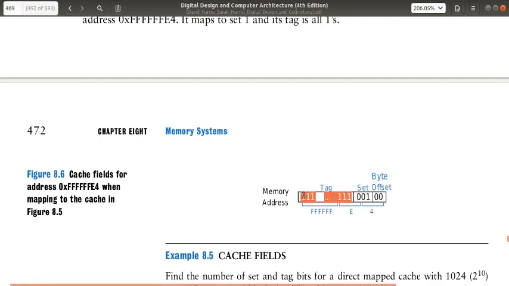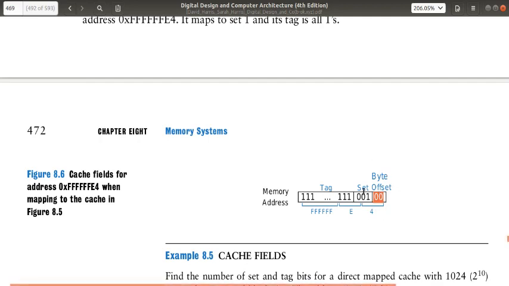There will be a 27-bit tag, and the last two bits, which we ignored when we were considering word addressing, are called the byte offset, because within each word there are 4 bytes. This is used to identify the location of a particular byte within a word, not a block, within a word. But as far as we are concerned, this is of not much